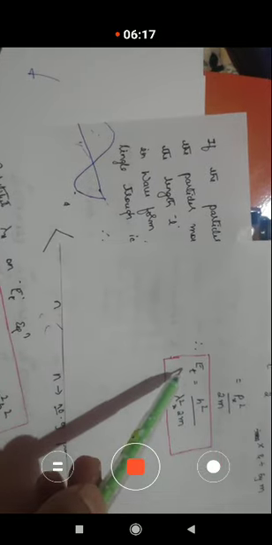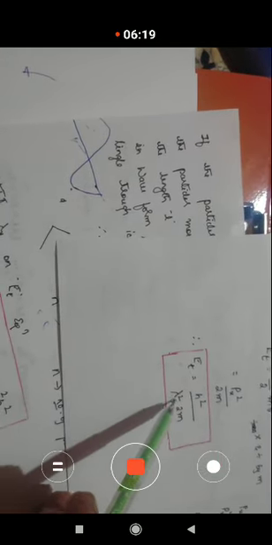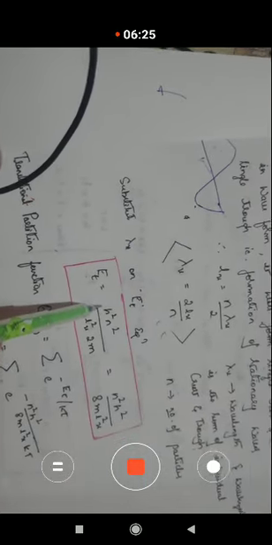Therefore, you can write it as lambda x is equal to, rearranging this one, lambda x is equal to 2lx divided by n, where n is the number of particles. Substitute this lambda x value in the last equation and you find the translational energy level. What will happen? Therefore, translational energy is equal to h square n square,